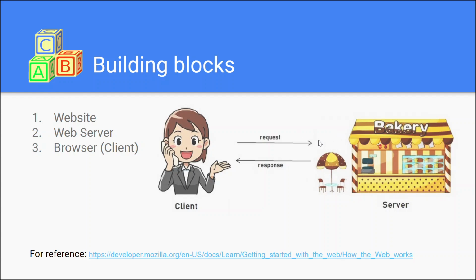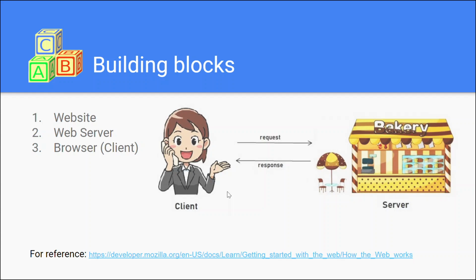On the screen, you can see a client, a server, and the request in an animated view. The client is your browser. When you enter a website like www.google.com, you are requesting the server to send you the web pages and the web app concerning that domain. That domain holds the entire website in the backend, and then it maps the files into your browser. That's basically how your website works.